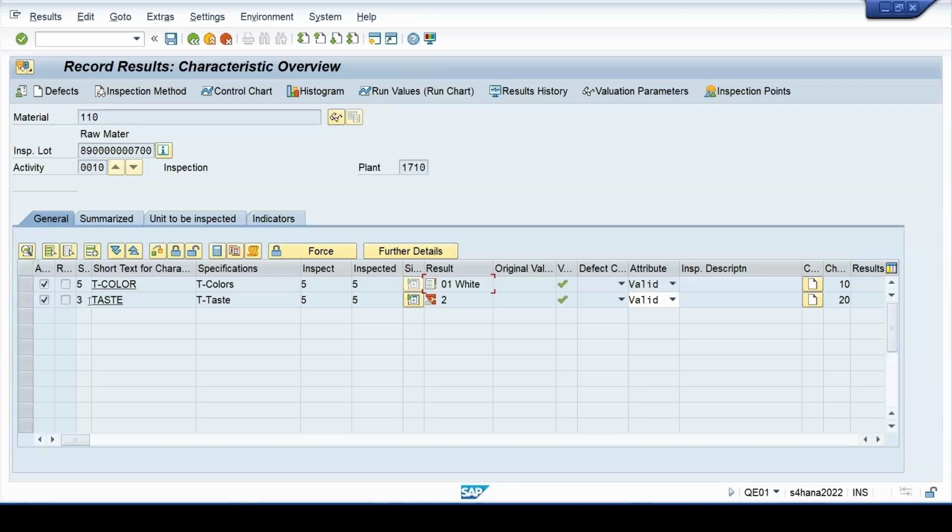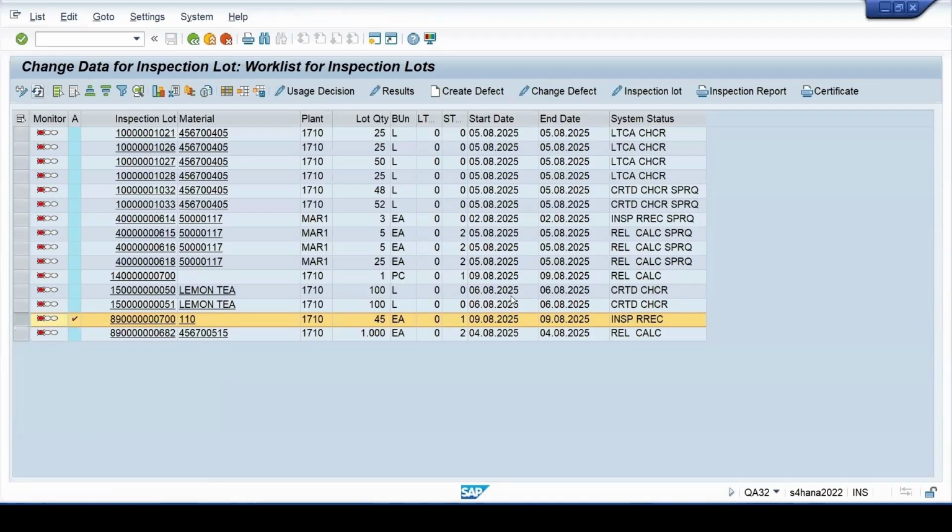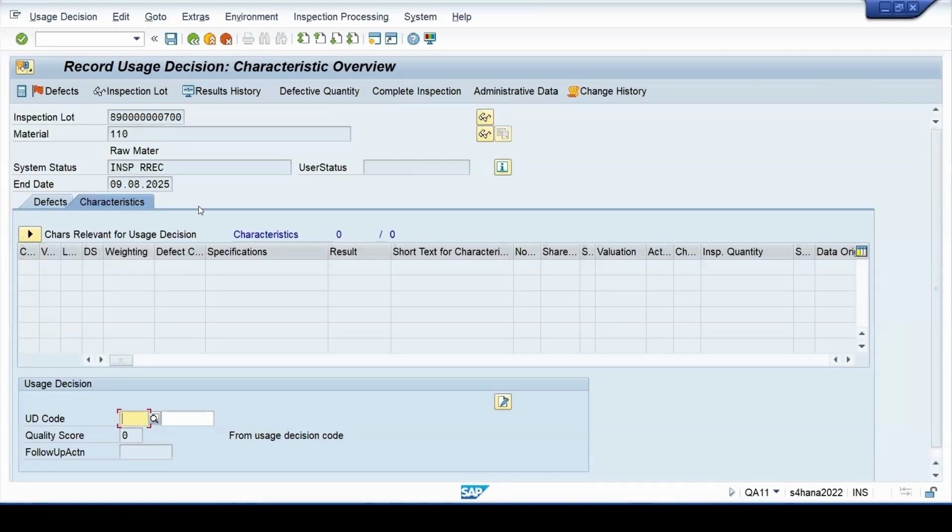Again, going to the results. It was coming because the status of this MIC is still not 5. It should be 5. Let me lock it. So when I click on close, the MIC is closed. Let me save this and refresh it. Status, of course, is already showing me inspected. But if I go now to the usage decision, that message was not coming, which was coming previously, that the MICs are not inspected.